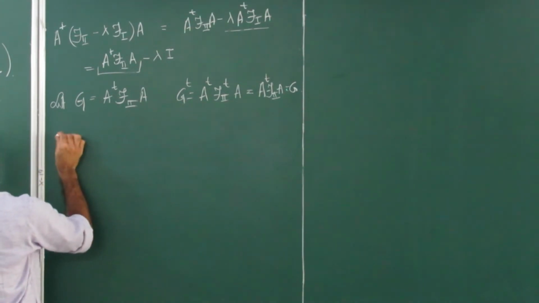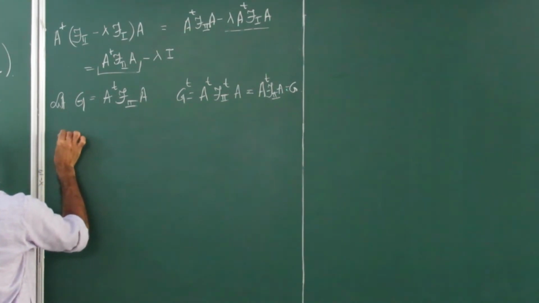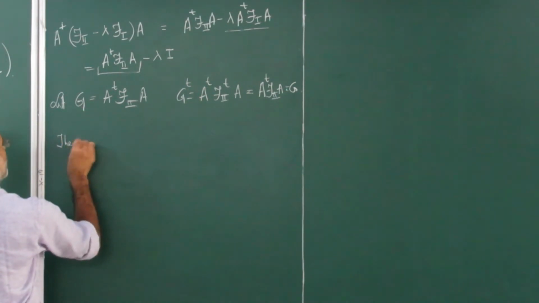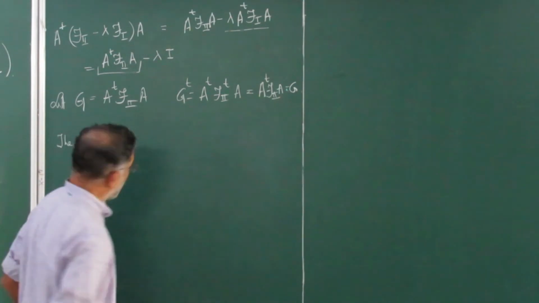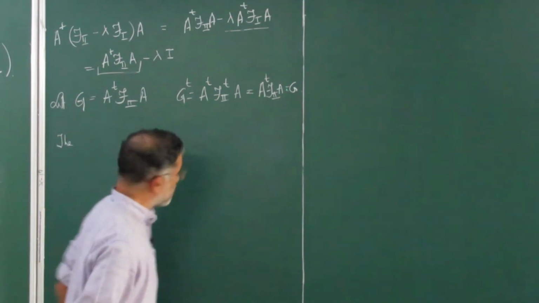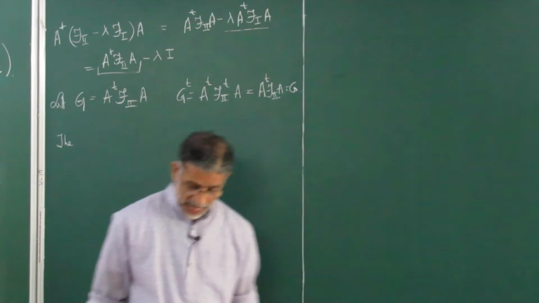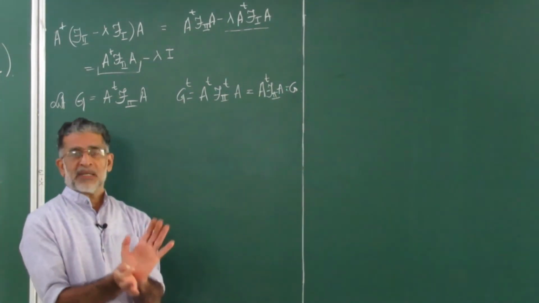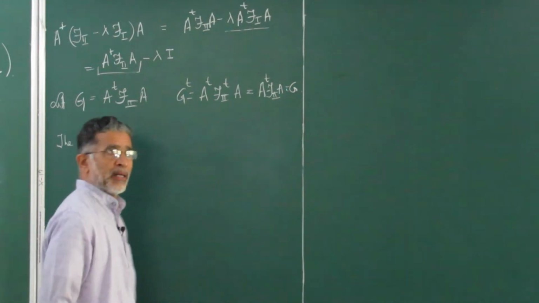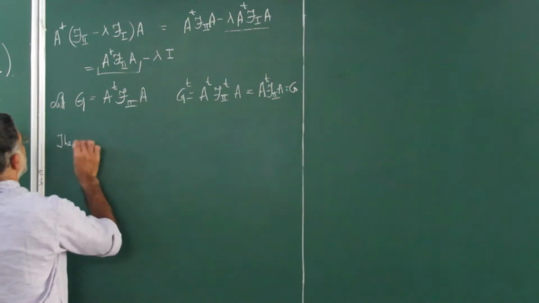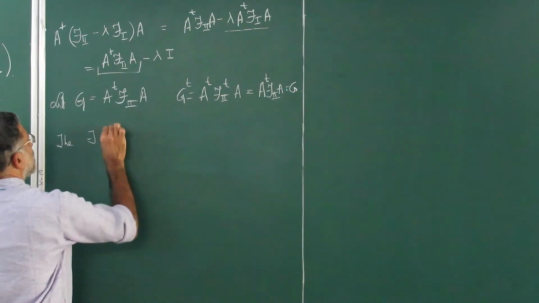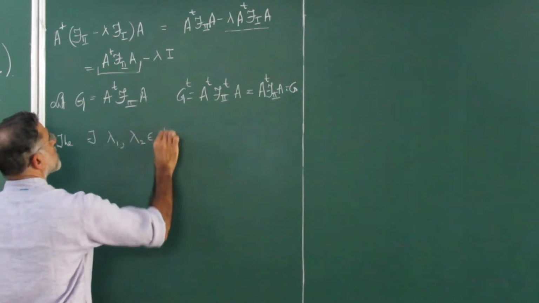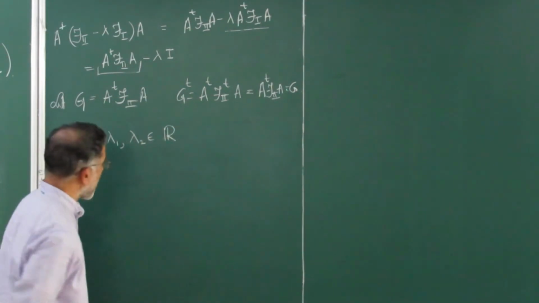This says that the eigenvalues of this matrix G are real, number one. Number two, the eigenvectors of distinct eigenvalues are orthogonal. In a nutshell, there exist lambda 1, lambda 2, these are the eigenvalues in R. They may be distinct or the same, it doesn't matter,